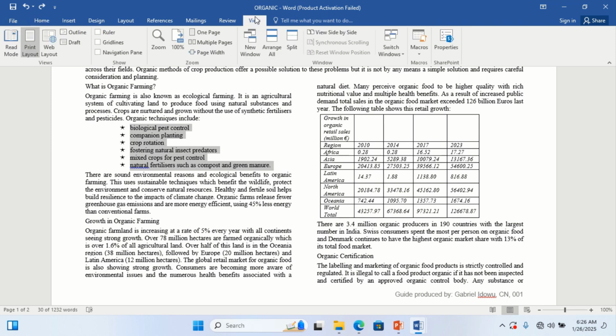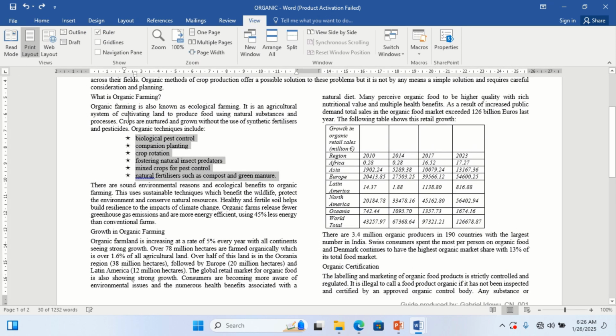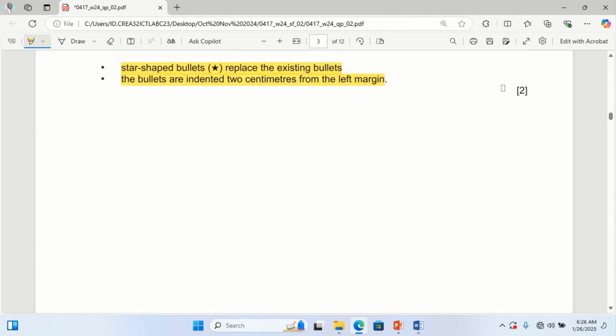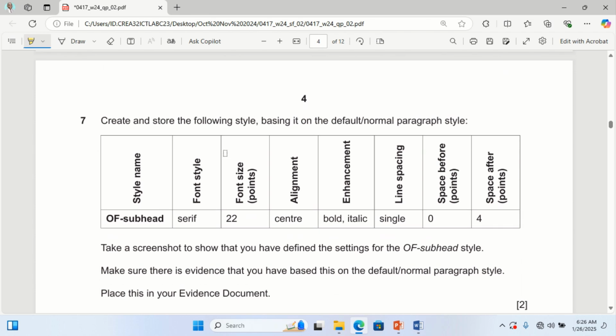You can also pick the ruler and see whether it's 2 centimeter. From here to here is 1 centimeter, from here to here 2, and that really makes sense. Okay, good. Then we have done that part. 2 marks. And the next one, create and store the following style, basing it on the default or normal paragraph